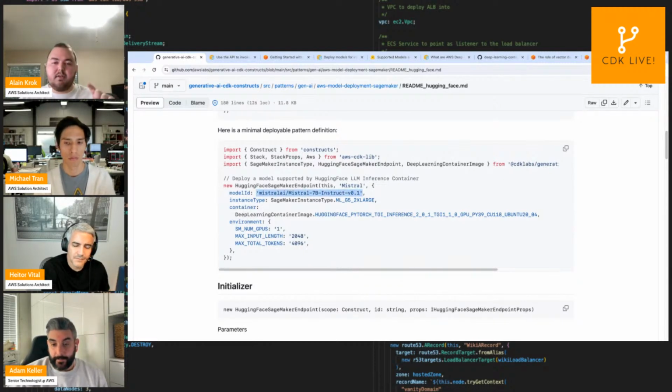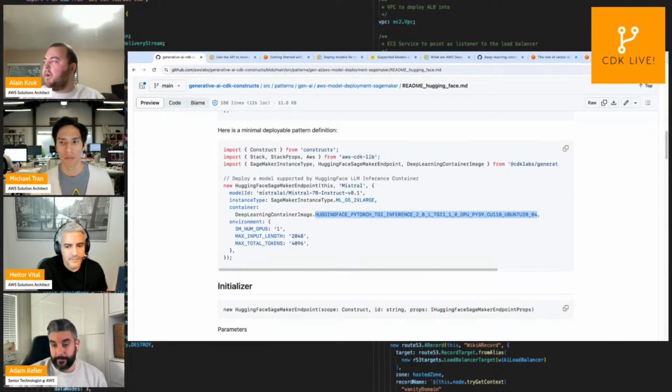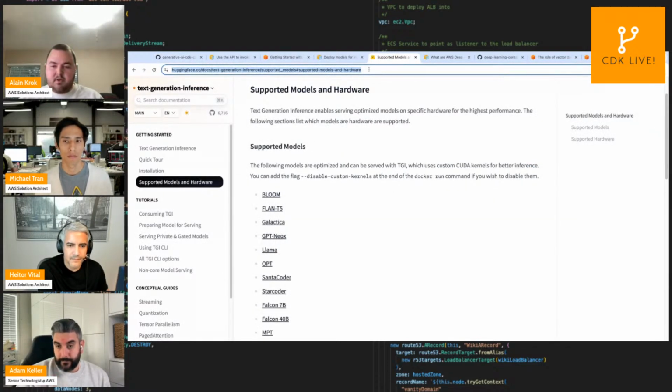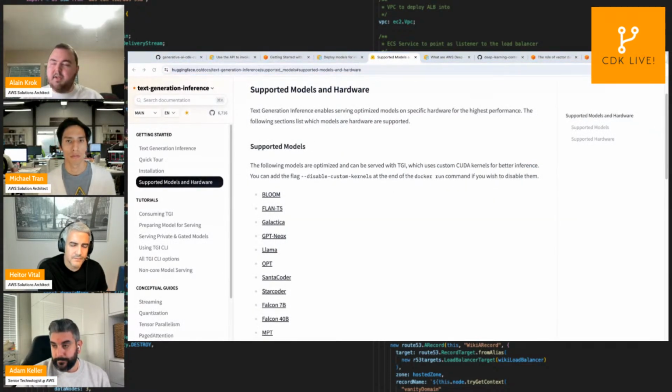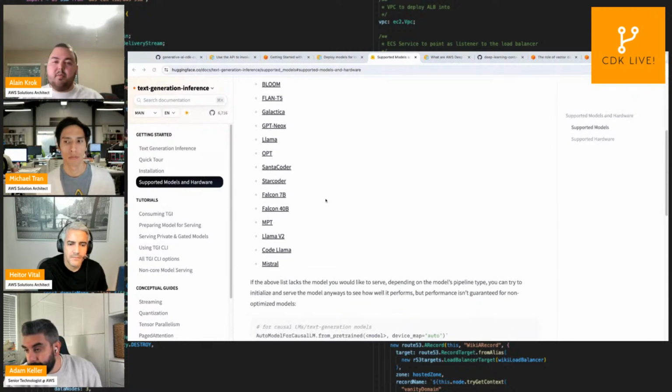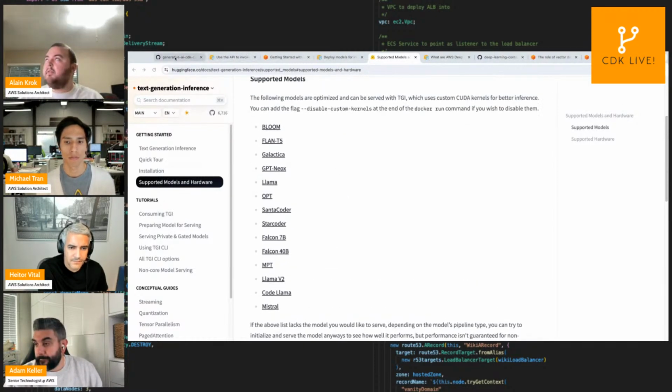You just need the model name, which you can copy and paste from the top of the screen, the instance type, and then you can specify the container. SageMaker endpoints use containers to spin up and serve your models. For now, we support all the models that are supported by this specific container provided by Hugging Face, the TGI container. You can have the list of all the supported models; I can send you that link to share. They can be deployed in just a few lines of code.